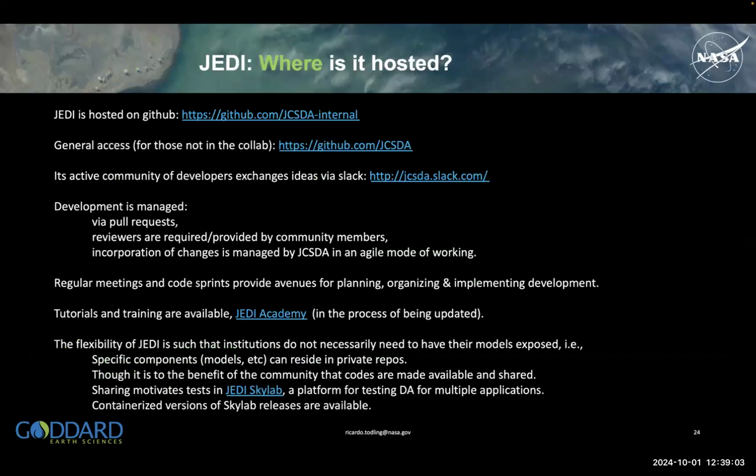So anyway, the hosting of JEDI is on GitHub, and many of you already have access. This is here for whoever feels like looking at the presentation, so they at least have a pointer. These are clickable, so you go there. Typically the Joint Center group has held these so-called JEDI academies, which are training type